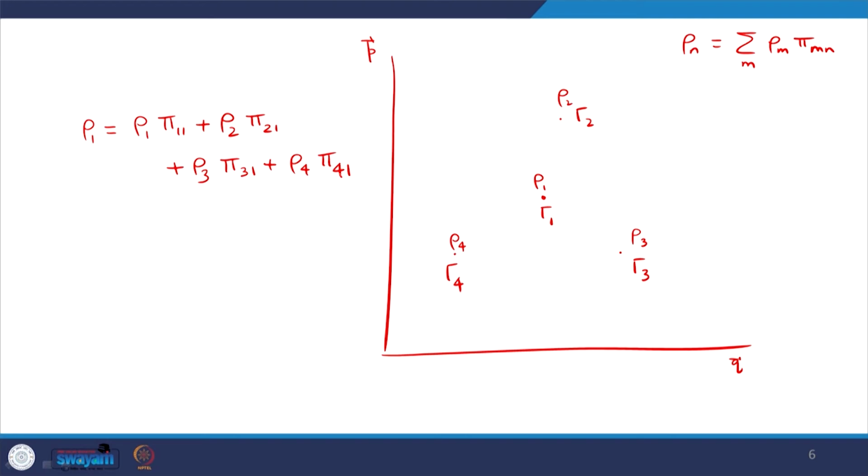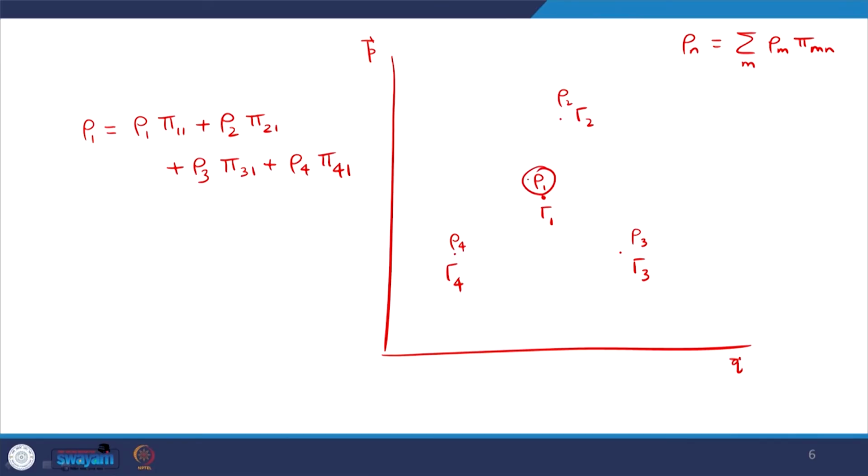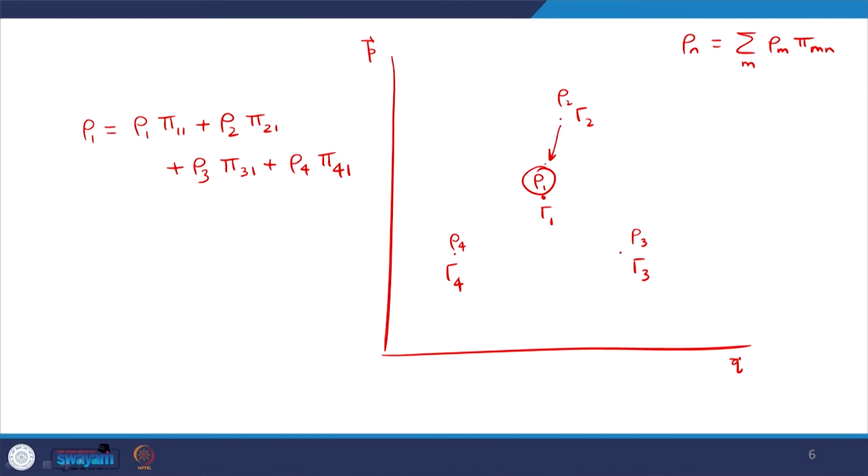It is some kind of a material balance that we can think of as chemical engineers. So, if we are here, either we were here in the last step or we came from here or we came from here or we came from here, right. So, in the new state, the probability density is given by,